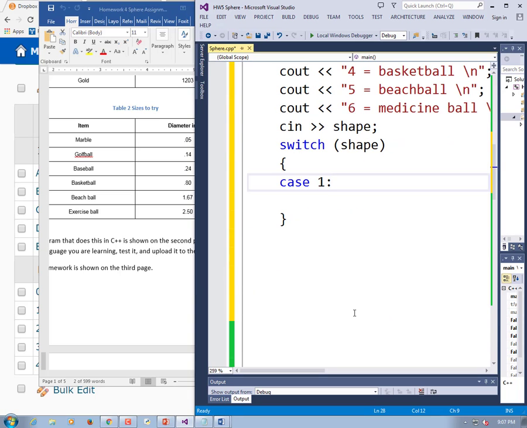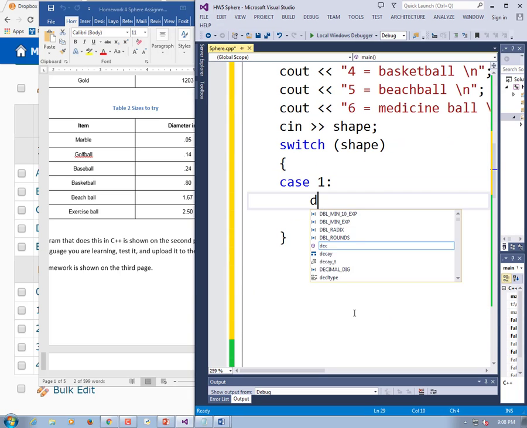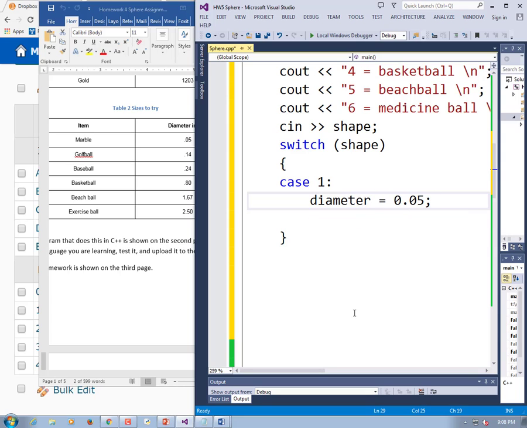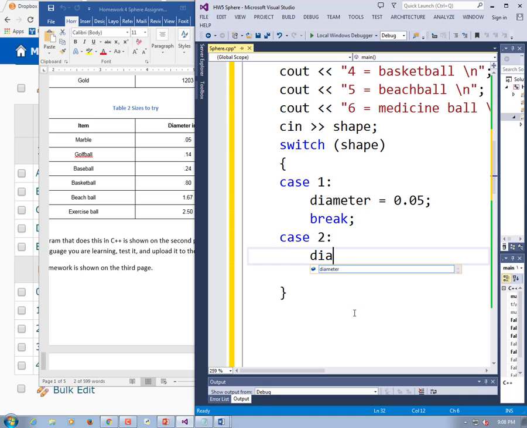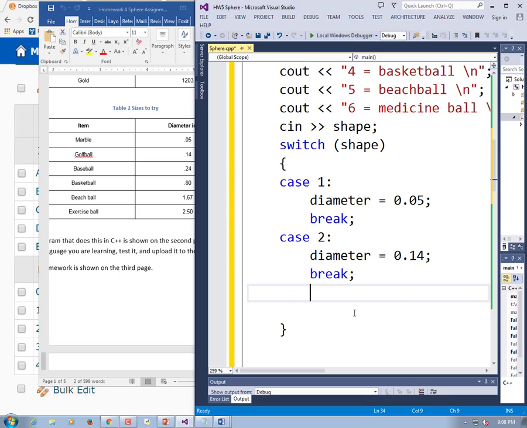So case 1, diameter equals 0.05 break. Now why are these breaks here? Why do we have to keep putting breaks in here? That's kind of annoying. Well, we'll talk about that in a minute. Case 2, diameter is equal to 0.14 break. Case 3, diameter,